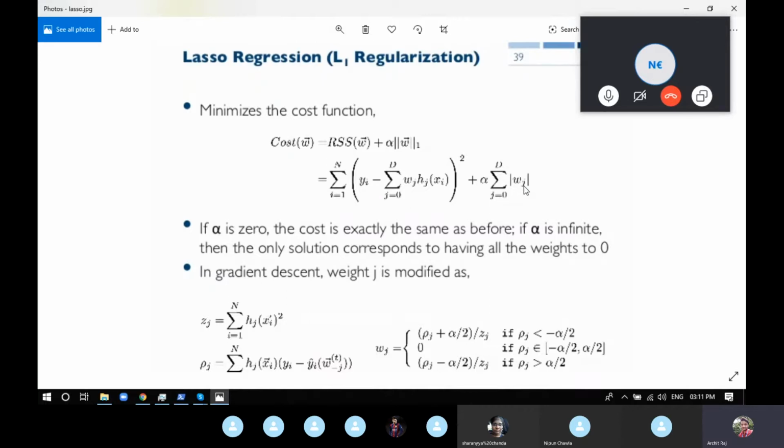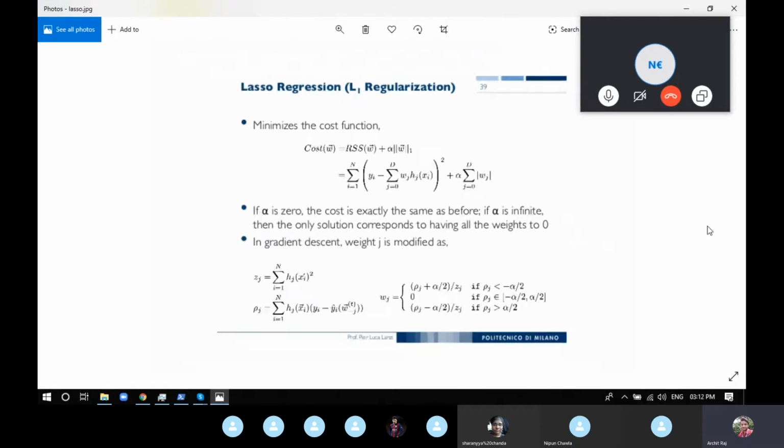In lasso, we have the same term, y hat minus y whole square, the summation of that, plus summation of alpha into the modulus of all the coefficients in the equation. Like if y is equal to m1x plus m2x plus m3x, you have the coefficients m1, m2, m3. You take the mod of every coefficient, add them, and then multiply by alpha. This is what you do in lasso.